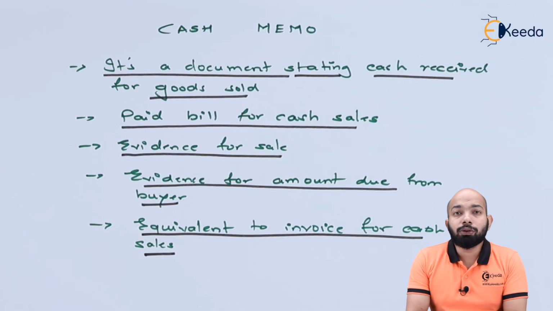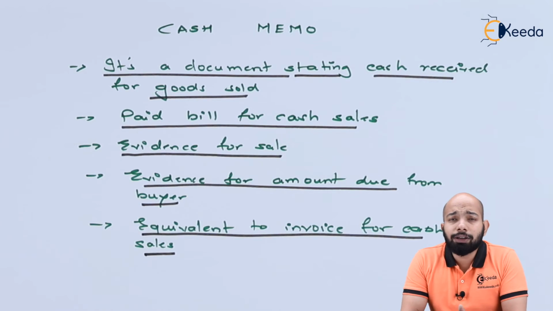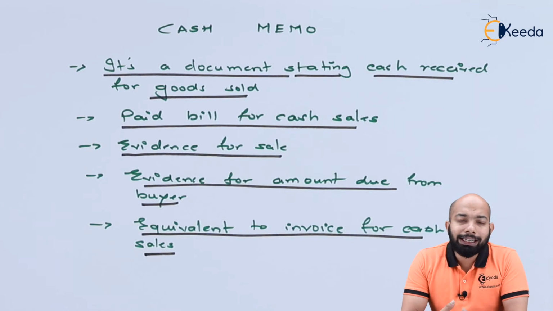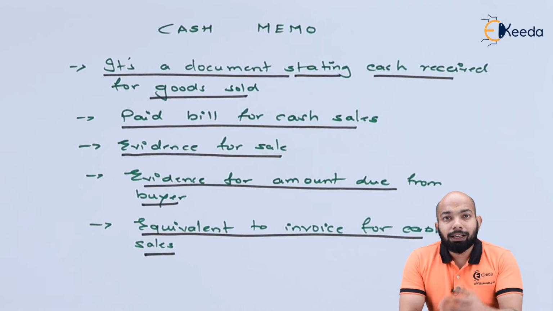It is equivalent to the invoice of cash sales. So whenever there is a cash sale, if you give out a cash memo, that is equivalent to the invoice. So you need not generate any further invoice on that. Mostly you would have figured that out when you figure out the difference between a shopping mart